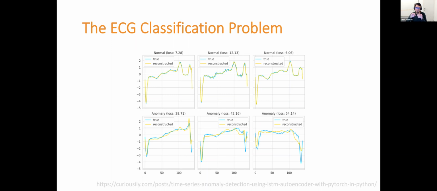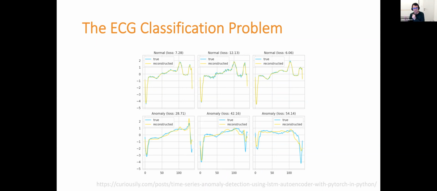The way to avoid a trivial solution like the identity function is to make the network shrink the data. So you have some kind of bottleneck in the middle, and then you avoid the identity function. So this is in general an autoencoder, and ECG classification is solved by training an autoencoder on normal beat signals, and then during inference, after you train the network,